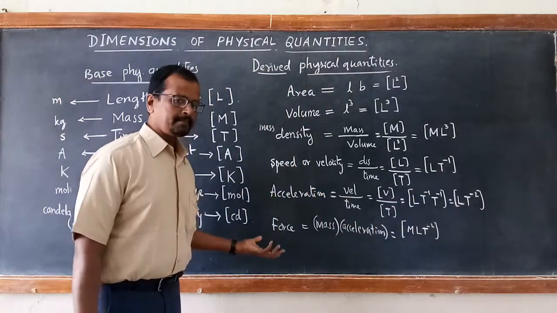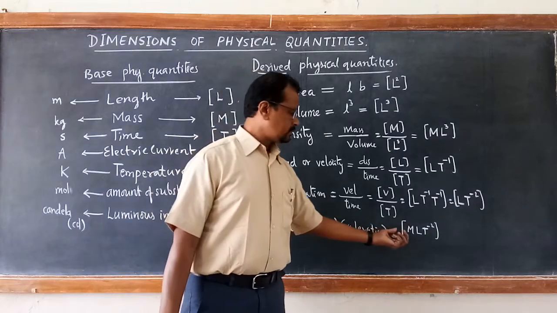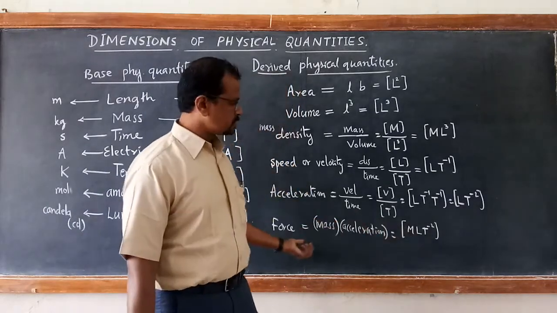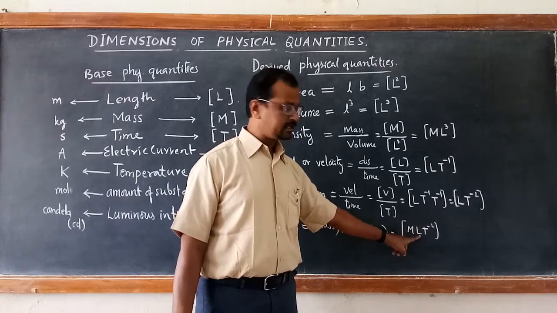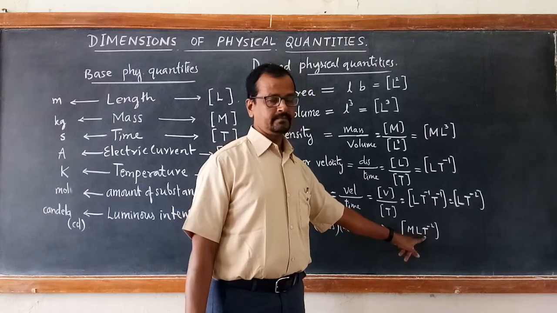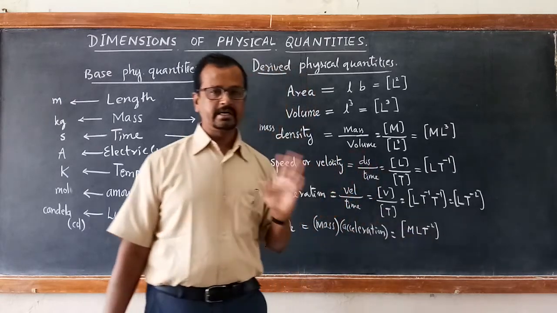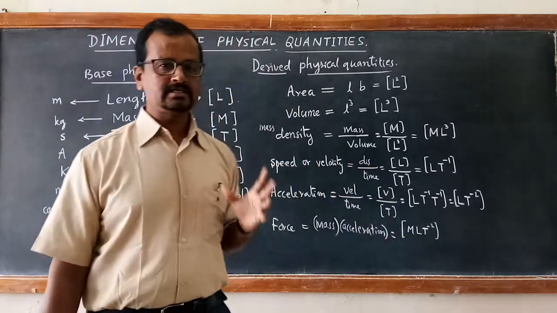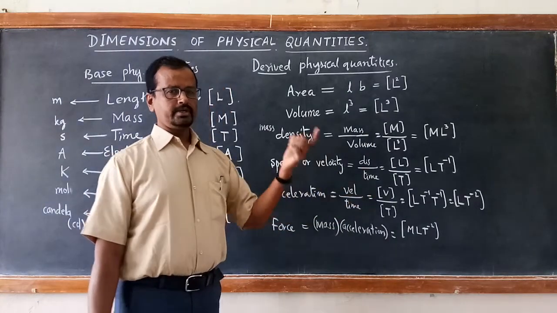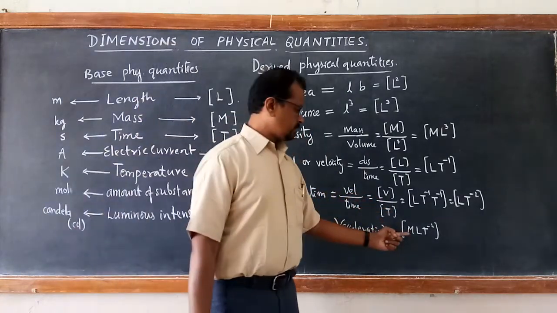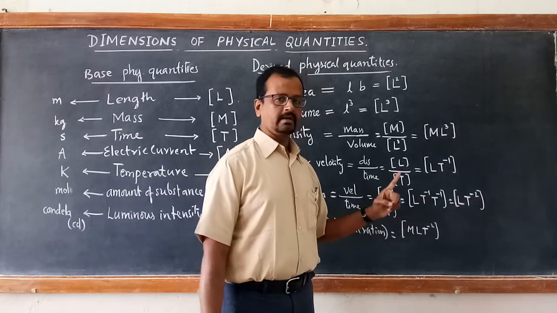What does it mean? Dimension of force means it has the mechanical units: dimension of mass, kilogram, dimension of length, meter, dimension of time, second, so kg meter per second square. Kg meter per second square is the SI unit of force, which is also equal to 1 Newton. So 1 Newton has a dimension of 1 kg, 1 meter per second square.